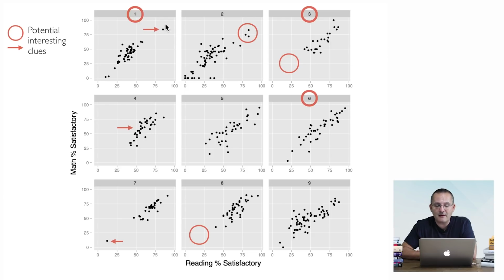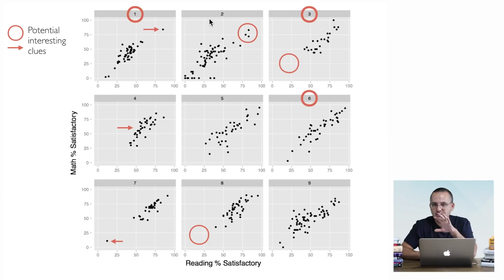I said, well, we have a school in which students perform really well in math and reading in an otherwise relatively low-performing board district. So what's going on in that school? That could be a potential story. We have a great school, a school that looks great in an otherwise not so great board district. What is that school doing well? Or could it be that the students that come to the school are already really well prepared, and that's the reason why they get better scores? We don't know. We don't have a causal explanation for this data to look like it does right now. But we have discovered an insight from the data, pattern and exception.